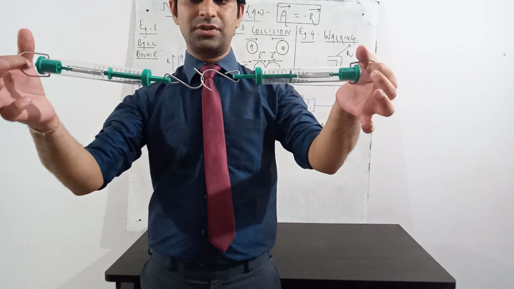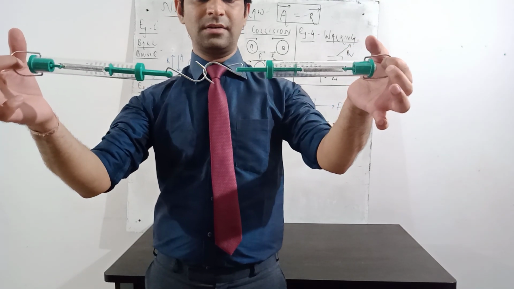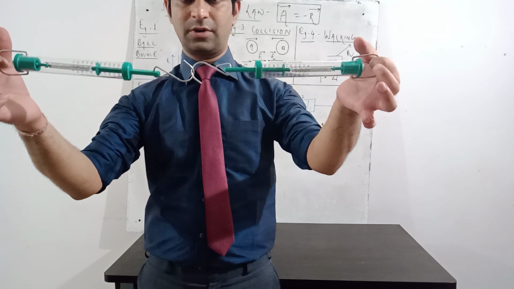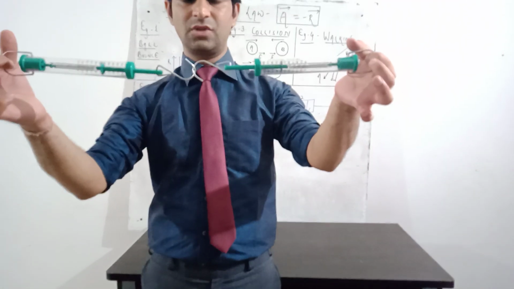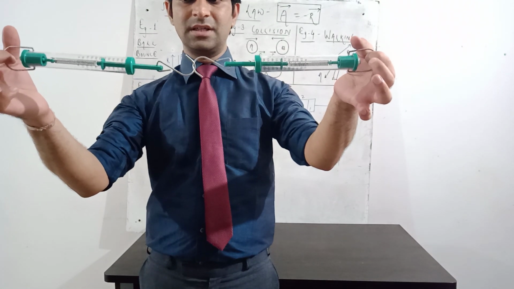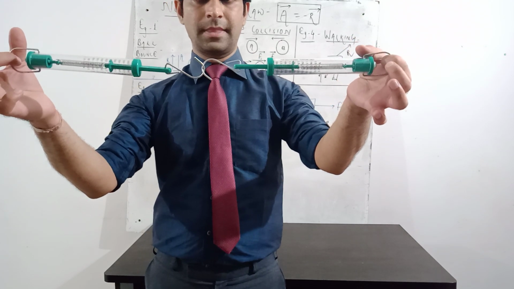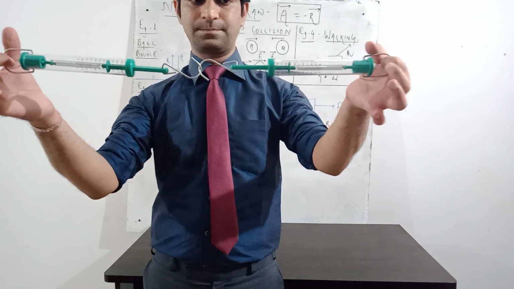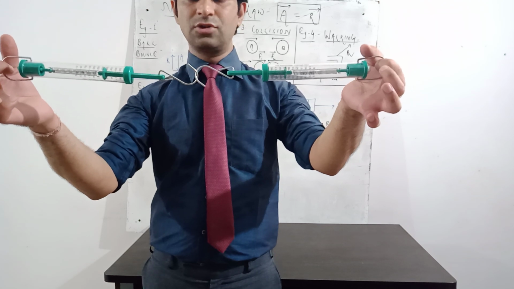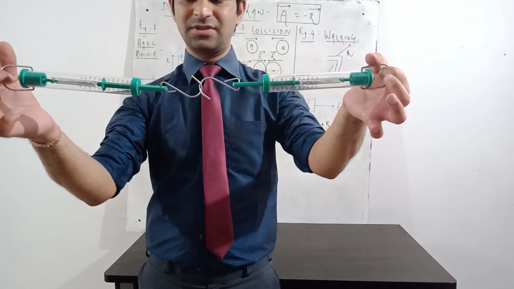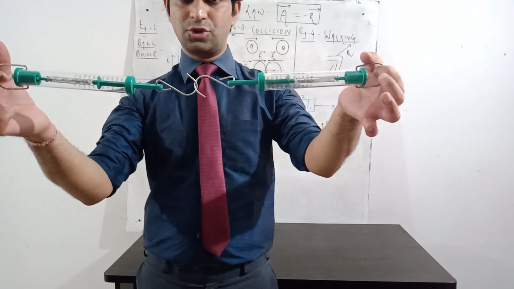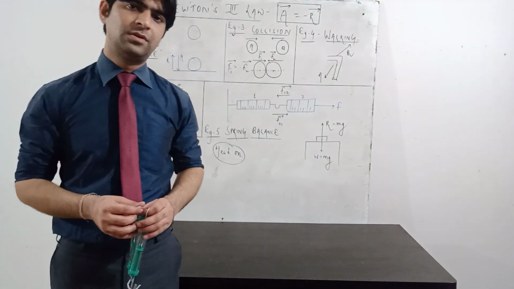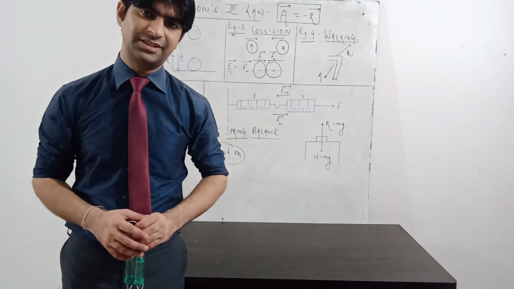If you see the stretching of both the ends, this is moving towards the right of mine and this is moving towards the left of mine from this point of view. If you see from the front, the direction will be opposite. So both of these spring balances are moving in opposite directions. This is moving towards the right and this end is moving towards the left. That shows the direction is opposite, and both of these spring balances are reading the same magnitude of force, that is 2.5 Newton. That means the magnitude is also the same. So equal magnitude and opposite in direction.